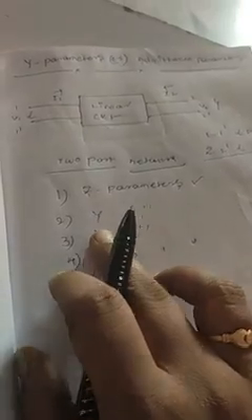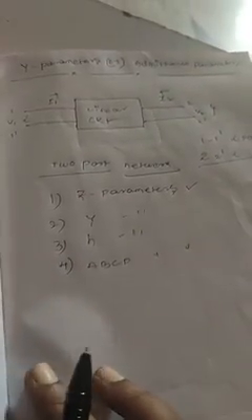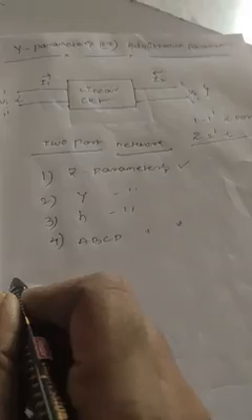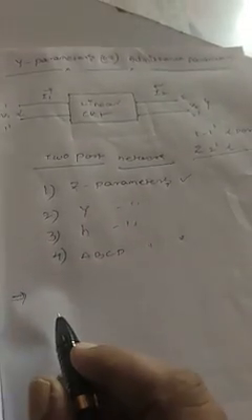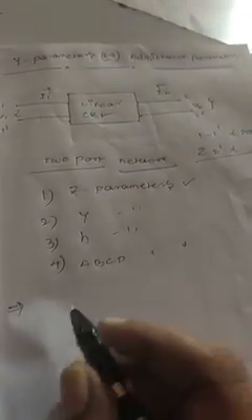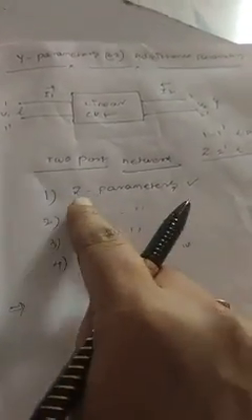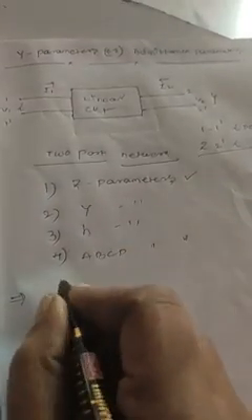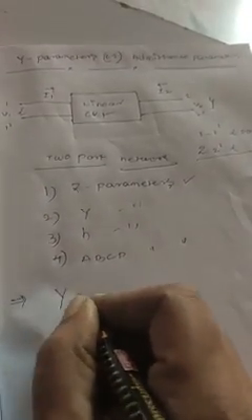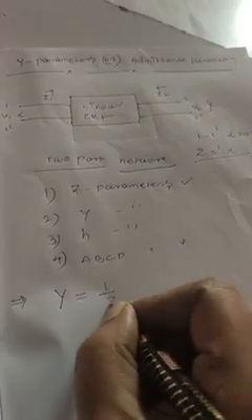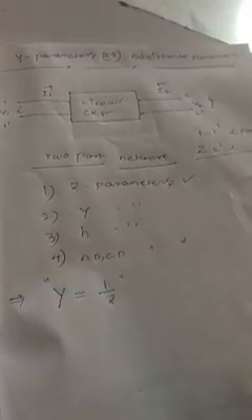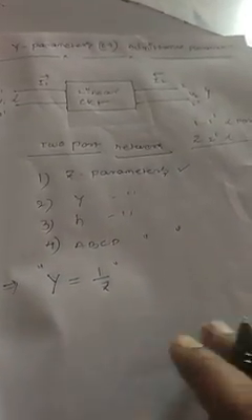Here we will discuss the Y parameters or admittance parameters. We should know what is meant by Y parameter or admittance. Already we discussed impedance. Impedance is similar to resistance. The resistance in an AC circuit is called impedance. Admittance is represented by Y. The reciprocal of impedance is called admittance.